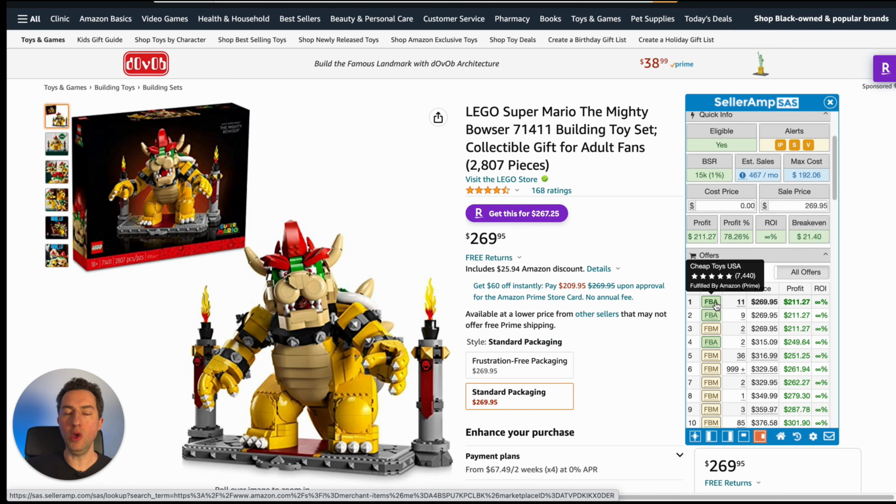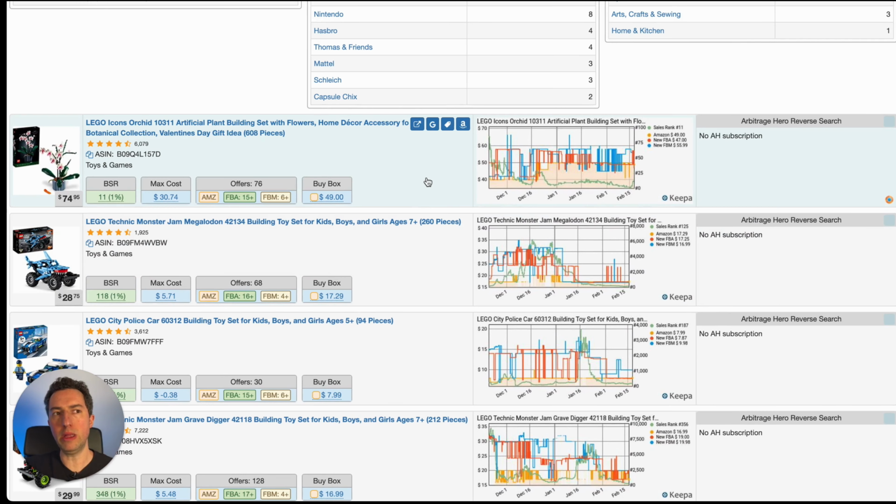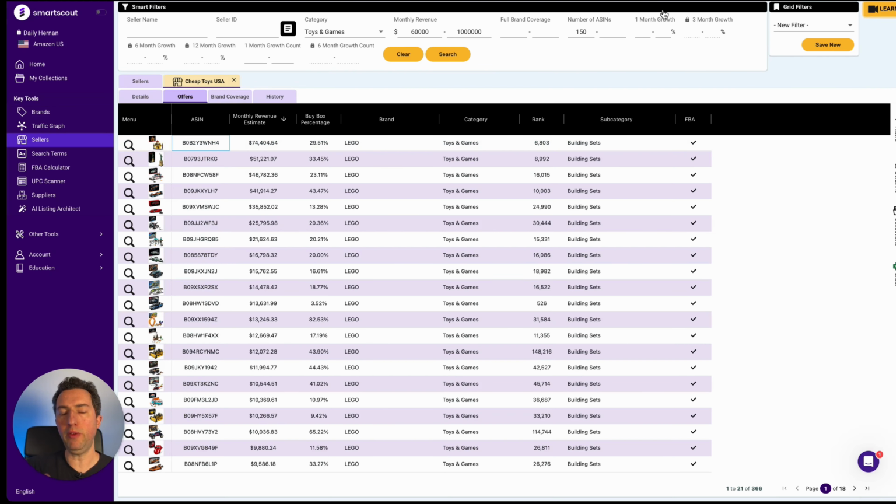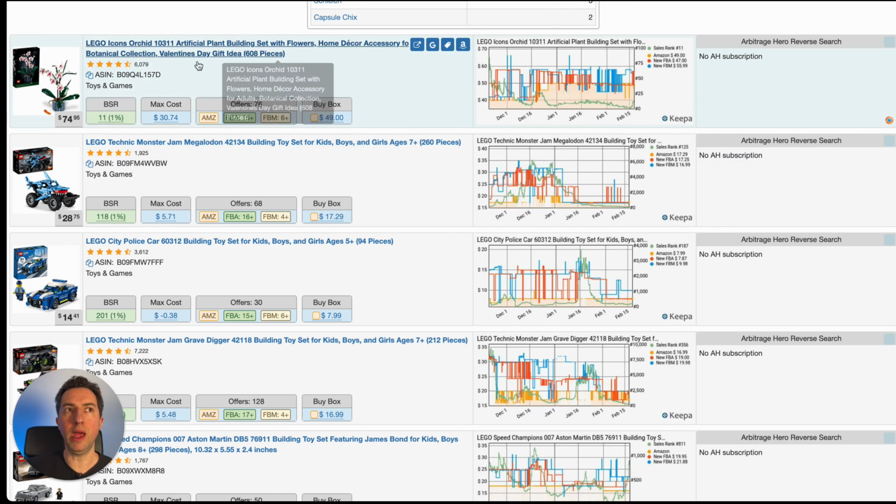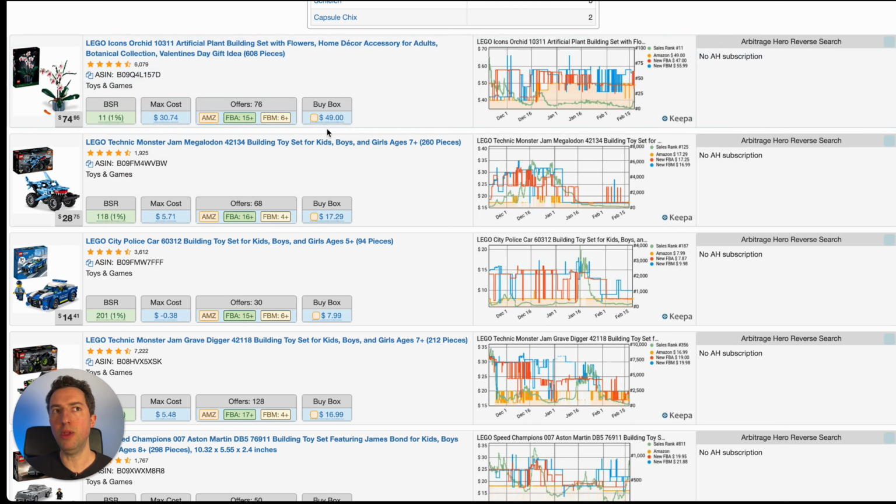Now, this is how I use SellerAmp in combination with SmartScout. We see that Cheap Toys USA currently has the buy box, and it shows up here. So as you guys are probably familiar with SellerAmp, once we open here, it will show us a list of all the items that this seller has. Obviously, we are using the best features of each tool. SmartScout gives us the main categories and how much revenue this seller is generating, and SellerAmp is telling us a maximum cost based on the buy box price